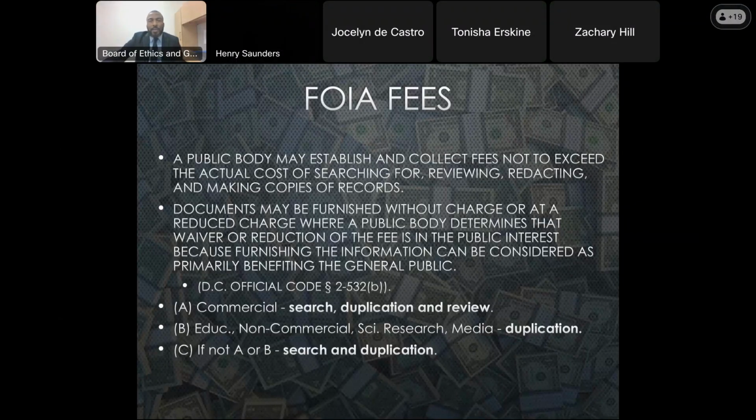Well, I think in this instance, the individual didn't request a fee waiver. I think you would assess the cost of the redactions and then notify the requester of the cost that you have assessed for those redactions.